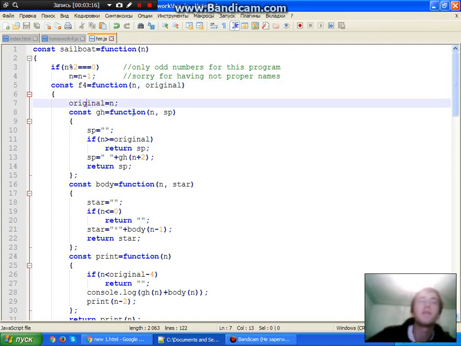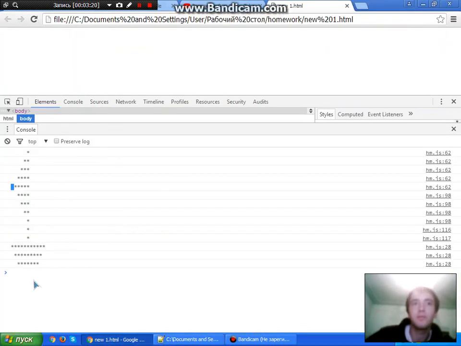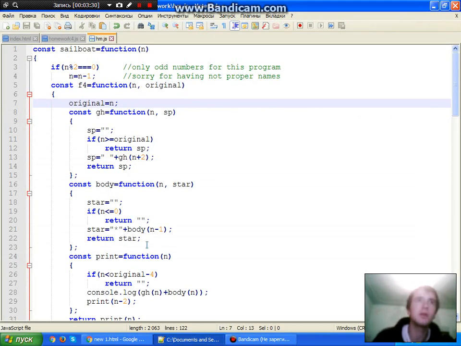Then we have the function for spaces, because as we can see, here we have 0 spaces, whereas here we have 1 space, and here we have 2 spaces. So actually here the g hash function is the function for spaces. It takes as an argument n, and it takes as an argument sp, which is our spaces. For convenience, we assign to sp the empty string,